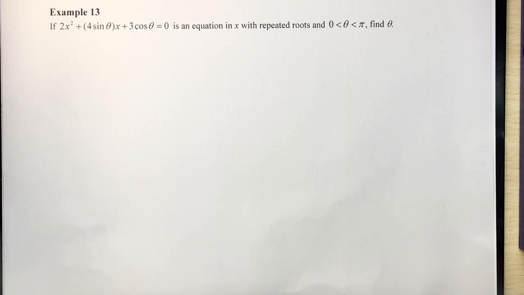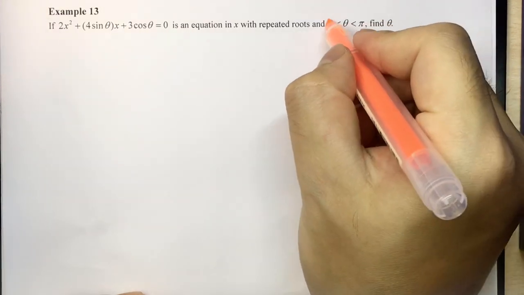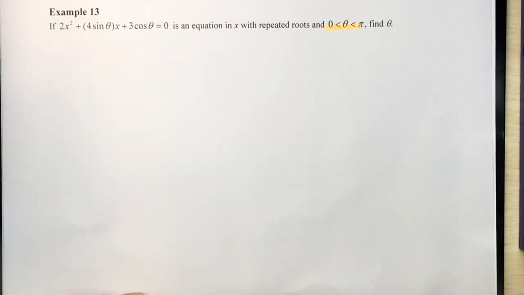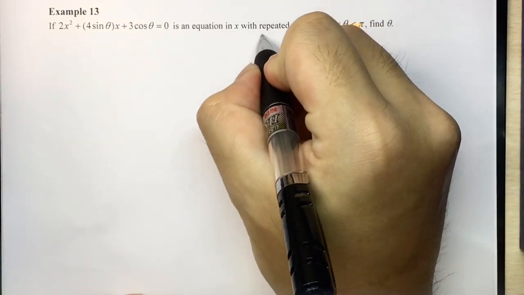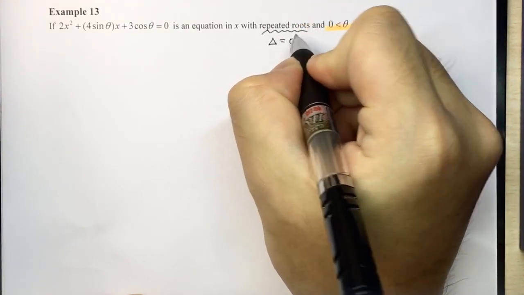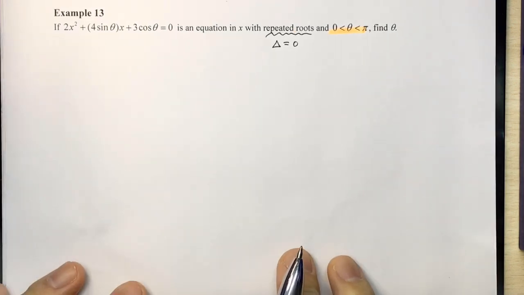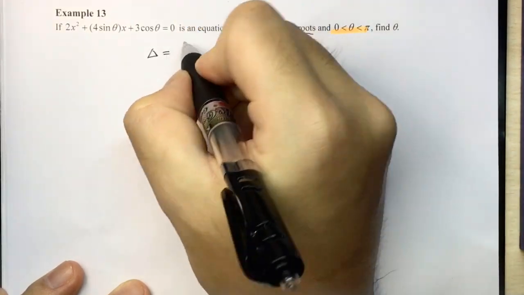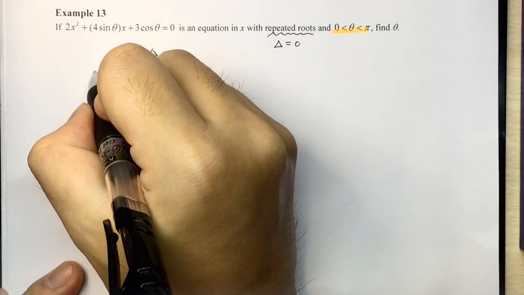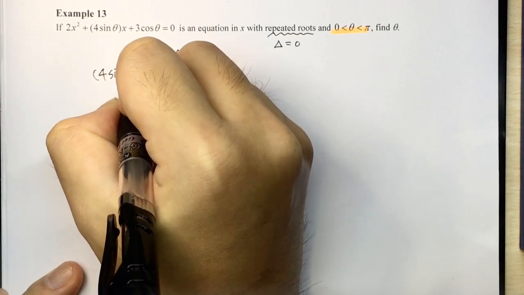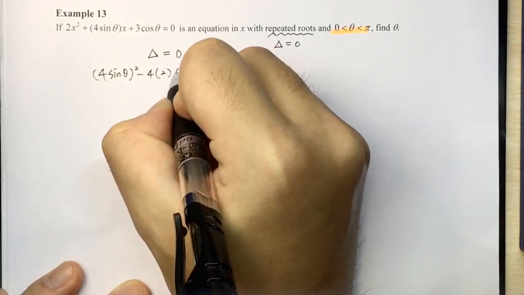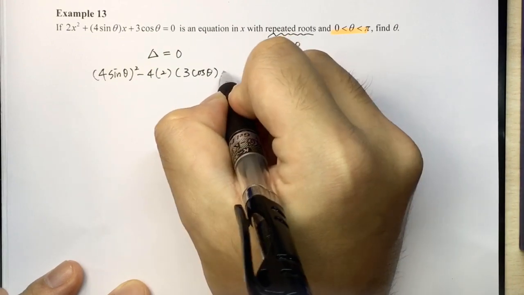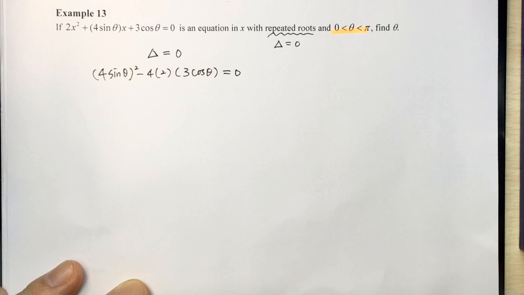If the equation has repeated roots and the angle is ranging from 0 to pi, you need to be very careful with the range. You need to find theta. For repeated roots, we will know the discriminant is 0. We just follow this and see what can be done. So we start with the discriminant is 0 and is something like b squared minus 4ac. Okay, don't literally write down b squared minus 4ac. Just write down